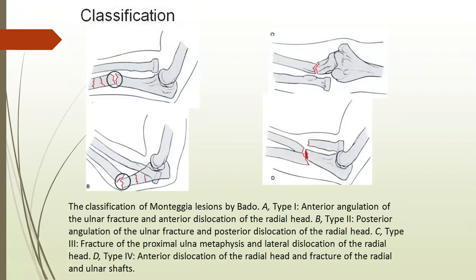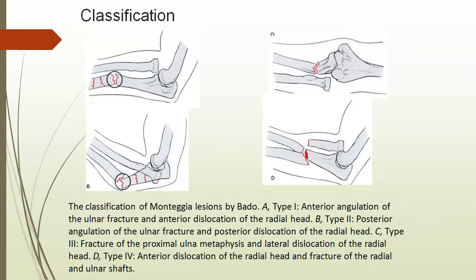So how to classify? Monteggia fracture is classified by Bado, so it's called Bado's classification. It is very easy to remember because the ulnar fracture is always at the same level, the proximal 1/3, but the dislocation of the radius will be different. In type 1, along with the fracture of the proximal 1/3 ulna, the radial head will be dislocated anteriorly. In type 2, along with the fracture of the ulna, the radial head will be dislocated posteriorly. Here see, posteriorly gone radial head, and here gone anteriorly. And in type 3,